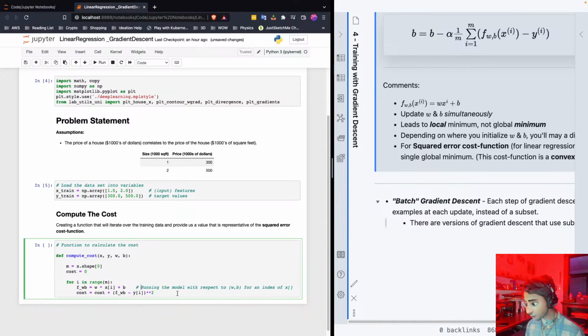And then this here is going to add the squared error cost for the